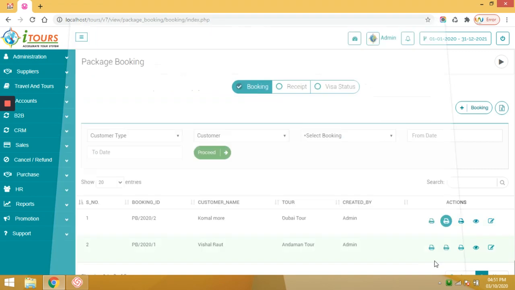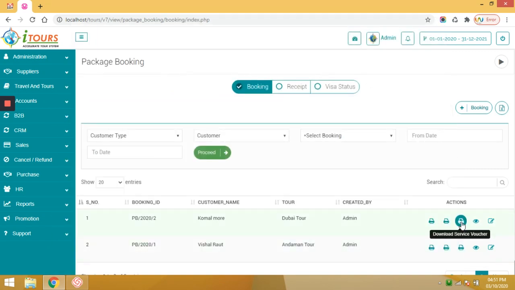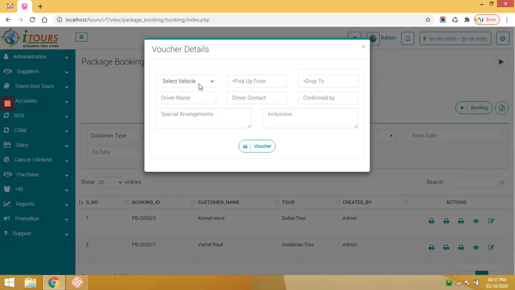The voucher PDF will be generated, which we can share with the customer, and the customer can show it at the hotels, transfers, and the activity section.